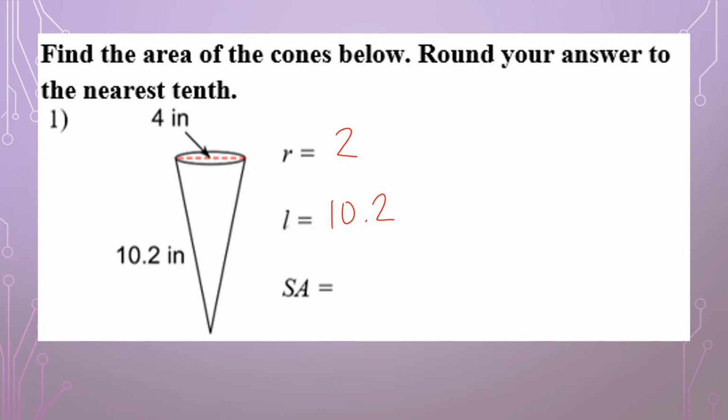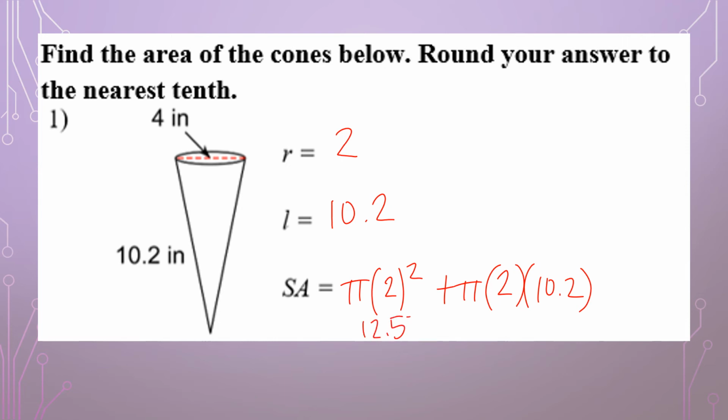The surface area, we're just going to plug it into our equation, which is pi r, which is 2, squared, plus pi r, which is 2, times L, which is 10.2. Pi times 2 squared would be, I just rounded to like 2 decimal places here. It doesn't matter. You could just plug the whole thing into your calculator. And then pi times 2 times 10.2 is 64.09. You would add those two together and you would get